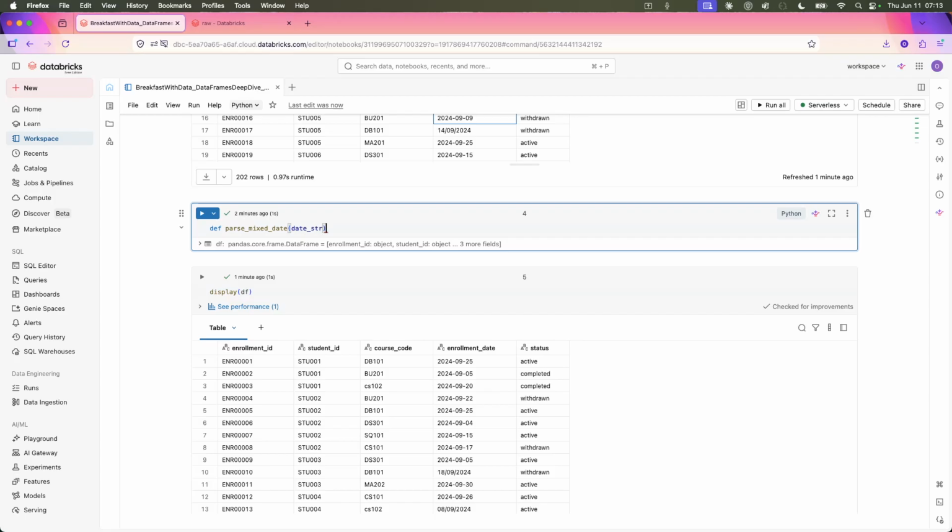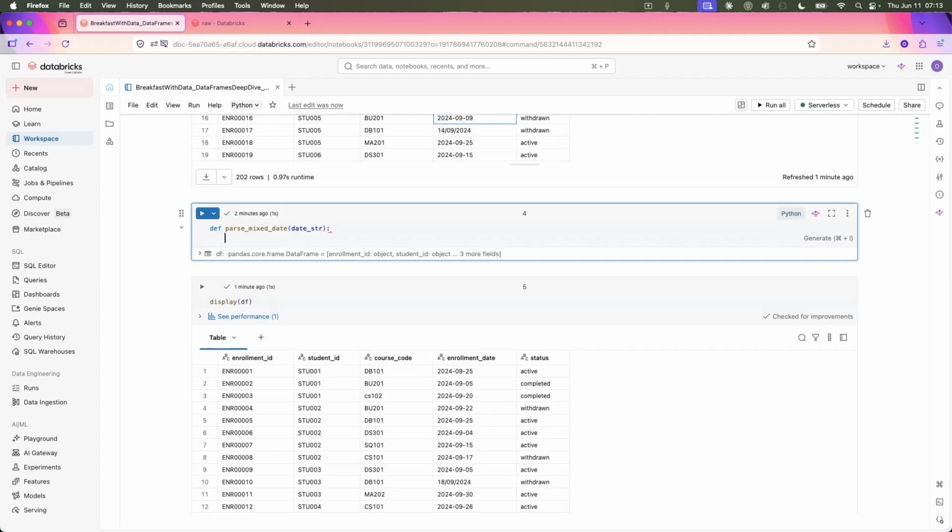And that way we use the apply method of a data frame to apply this function to that particular column. So we are just going to say for format fmt in, so we now list how the formats look in a particular tuple. Because this is a date format, I will do percent Y